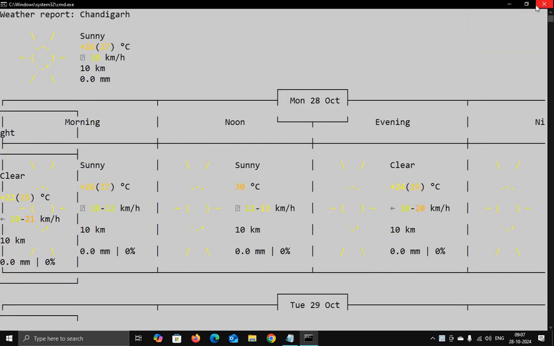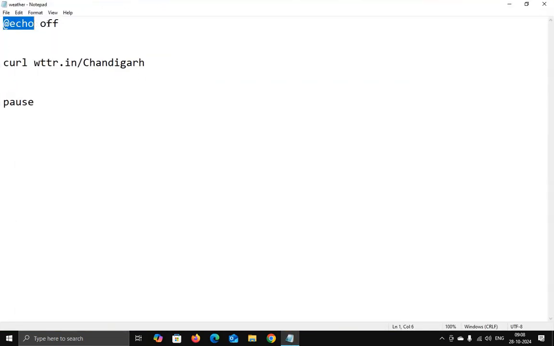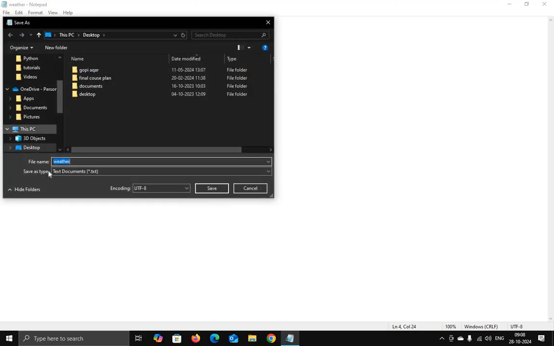So for that, just open a notepad and just type @echo off, and then type curl and then wttr.in/your city name and then enter pause. So it's very easy, just 3 lines of code: @echo off, curl wttr.in/your city name, and then pause. And go to the file, save it as any name